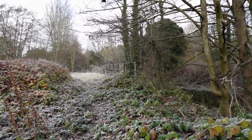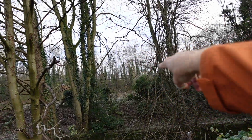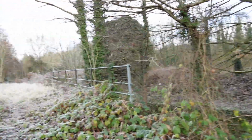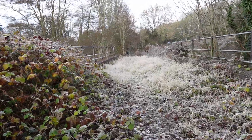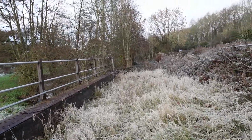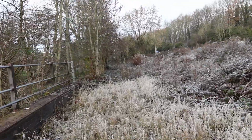So here we go, to the right you've got a little bottle brook down there, and then there's the road. That was the Little Eaton Gangroad here. They've built it was an A road, it's now a B road, over that, and this is the Midland Railway's branch. This was built in 1856 by the Midland Railway to access the collieries of Kilburn, Denby, and also the collieries further afield over